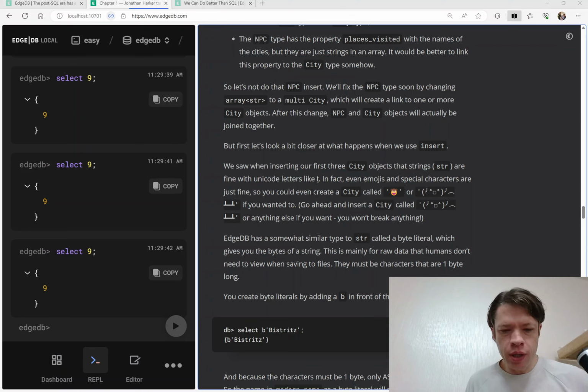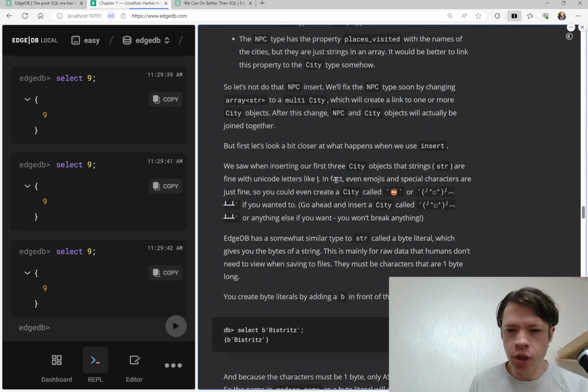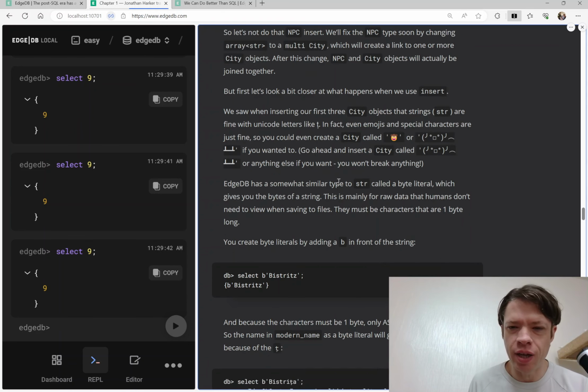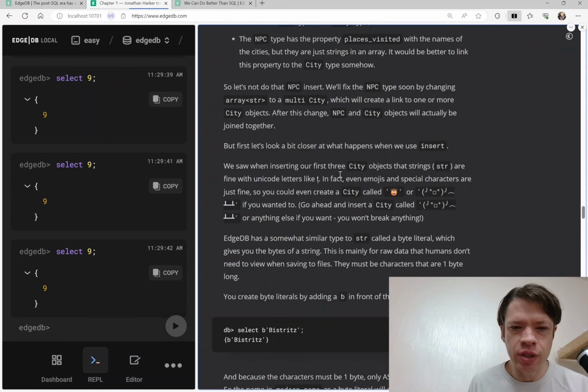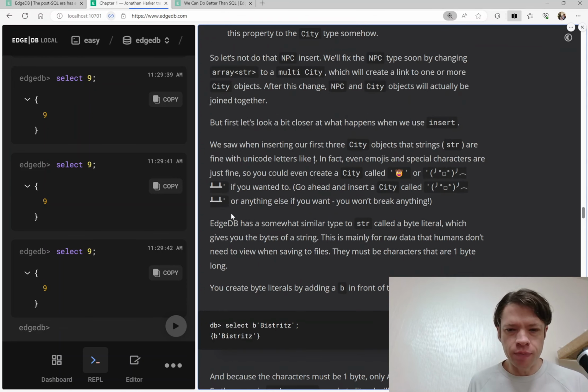Before we learn to use links, we'll just do a little bit more looking at select and how it works, inserting and selecting, because it's kind of fun. It feels like using actual code instead of some weird database language. So first of all, we have these city types with properties called name, and also modern name, and